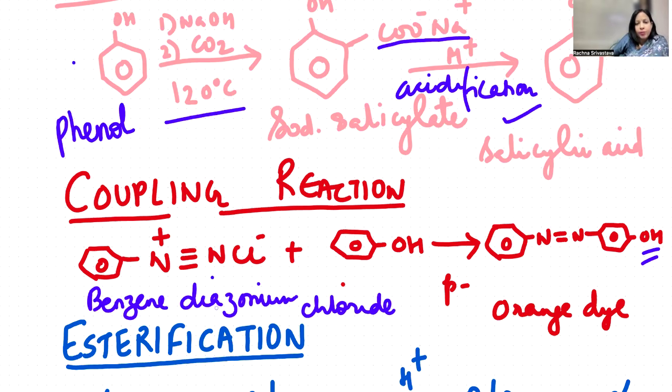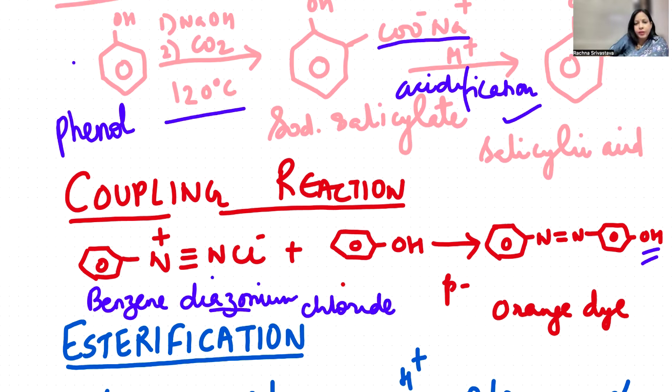And this benzene diazonium chloride, children, is an azo compound. Diazonium, azo. I am underlining AZO. Azo means dye, and dyes are always colored in nature. So this reaction again becomes important. You can use it as a differentiation for the chemical test also. It can be asked in the form of an observation question also. And of course, it is a name reaction, coupling reaction. Coupling means, couple means what? Two. So here benzene diazonium chloride and phenol both couple and form a single product.